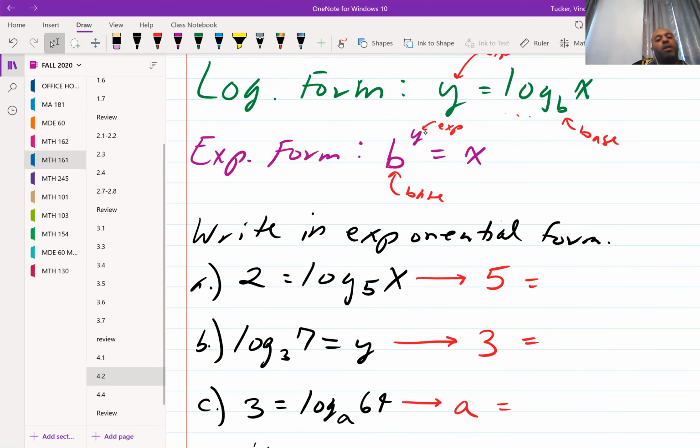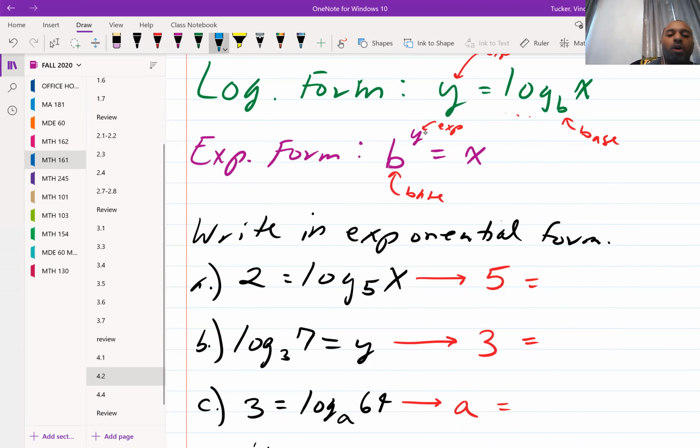All right, so we're talking about the next two exercises, how to translate between the two, going from log form to exponential form or exponential form to log form. These are the type of skills that will help you out when you're working out problems in calculus. How can you manipulate problems in order to get an answer? So